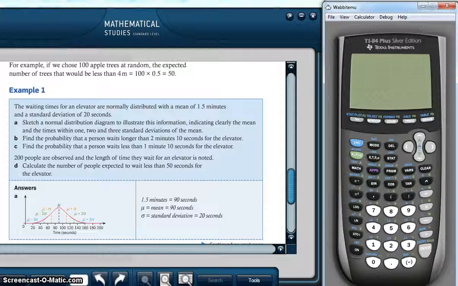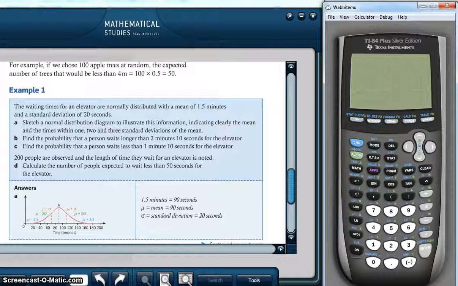Today I'm going to share with you how to find a probability based on a normal distribution curve using the graphing calculator, TI-84 Plus, and I'm going to do it two ways. I'm going to do it just finding the percentage, and then I'm actually going to draw the picture to show the percentage. So I have an example here from a textbook,